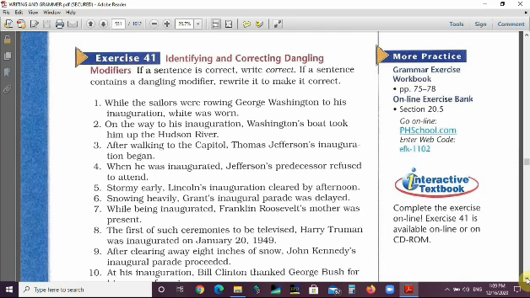If you remember the first example we gave, it's the same mistake. On the way to his inauguration, we can correct it this way: On the way to Washington's inauguration, his boat took him up the Hudson River, or on the way to his inauguration, Washington took a boat up